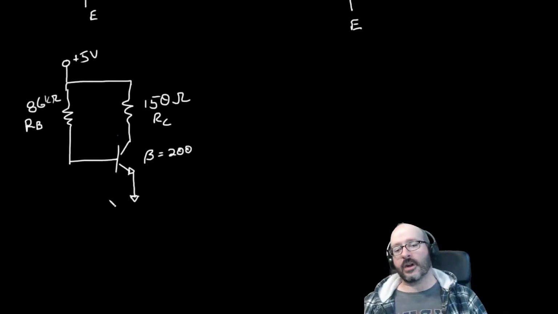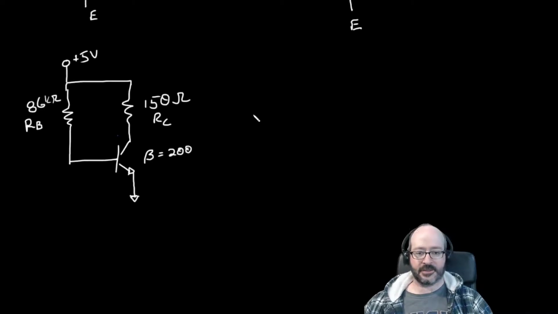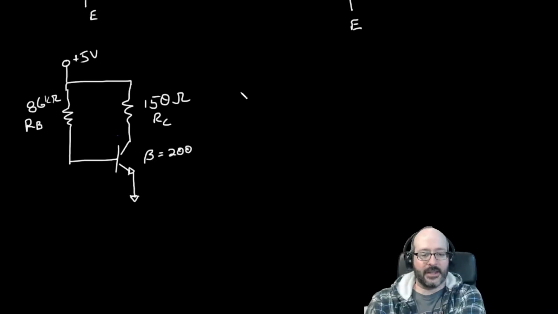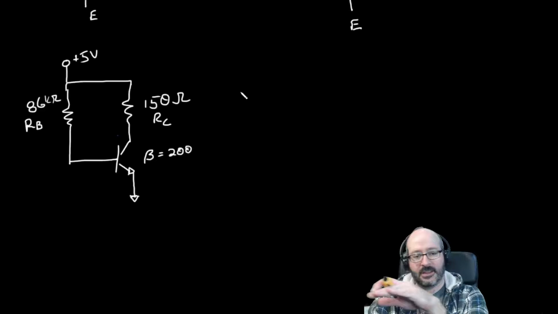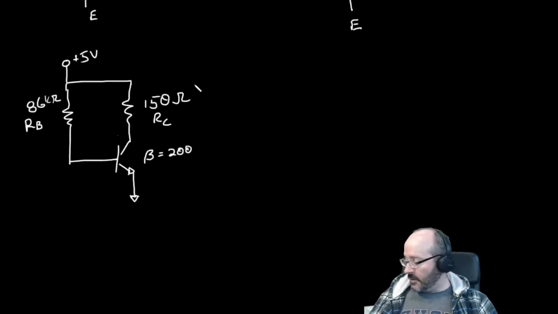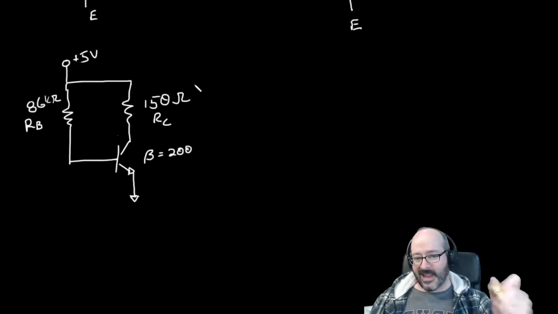There are no other supplies disturbing this circuit. So we call it the Q point, which is short for quiescent. It just means all the other supplies are quiet. There's no audio input, no sinusoid disturbing this circuit anywhere. We have pure DC, so it should be nice and quiet. So that Q point